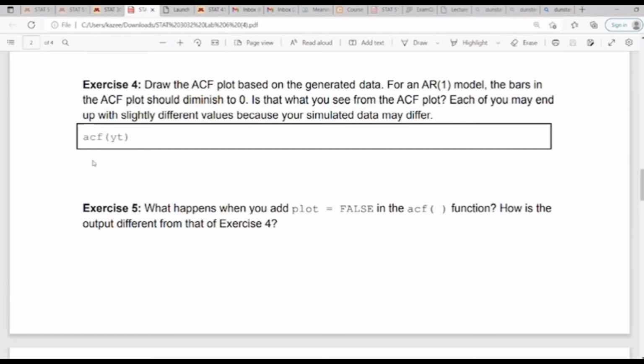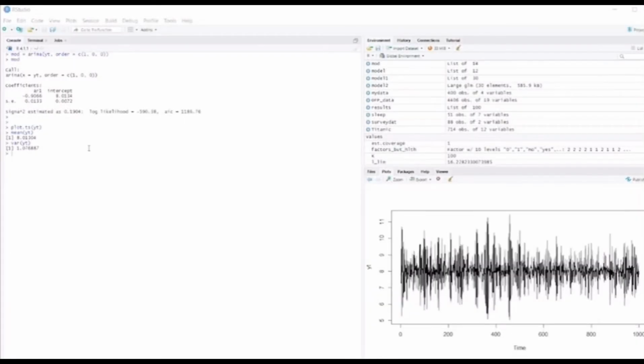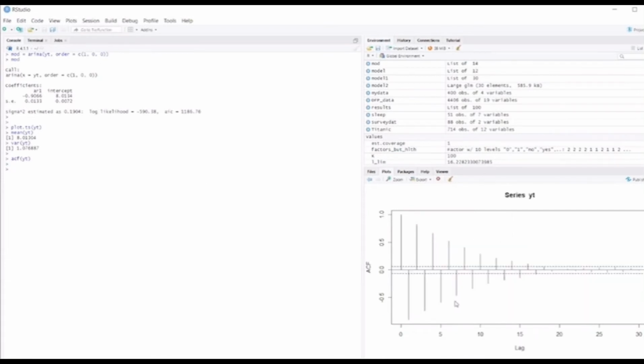So the coding now is ACF, just going to write ACF. They're all going to be in lowercase, right? So ACF into YT. If you copy that and you go into R now, I'm going to paste that now into R. So what do I have? Take a look at that. You can see now, because the fact that it is negative,